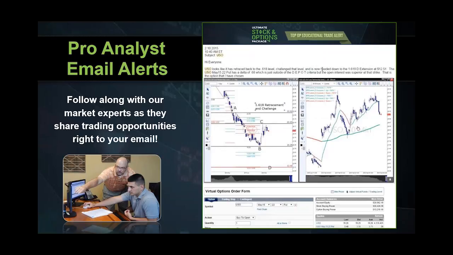Here's what's going to happen. It's going to come with the story behind why we're placing the trade, so we'll know exactly why we're placing the trade. It will come with all the analysis behind the trade. In fact, our new charting platform now allows our analysts here to send you out the actual charts that they're using, so you'll actually be able to upload that and import it right into your own charts as well. And we'll also go as far to make sure that you understand how to place the trade, because we'll even send you out an order form showing you exactly what buttons you need to push as far as placing the trade.